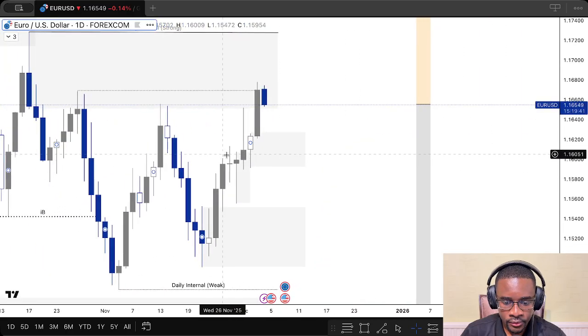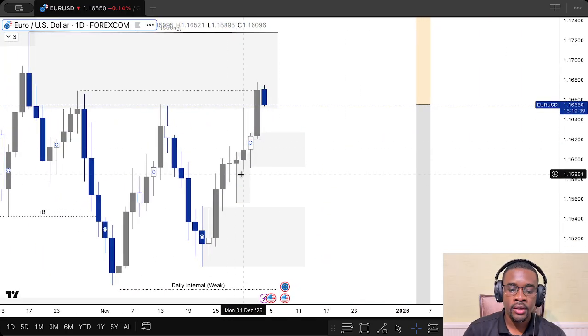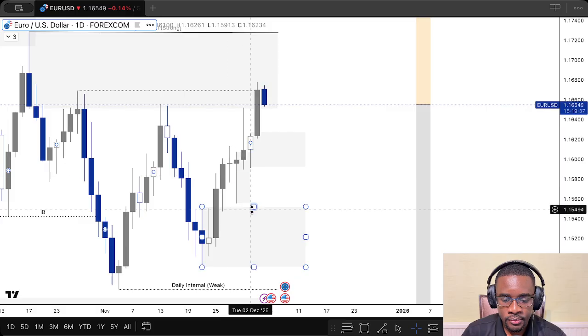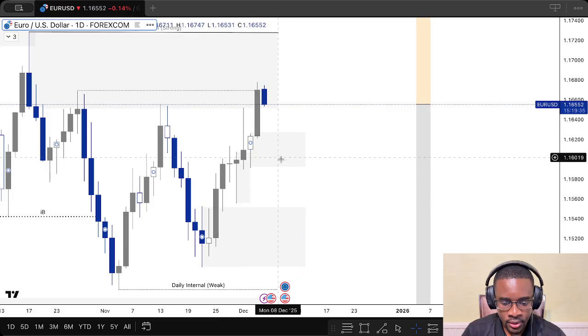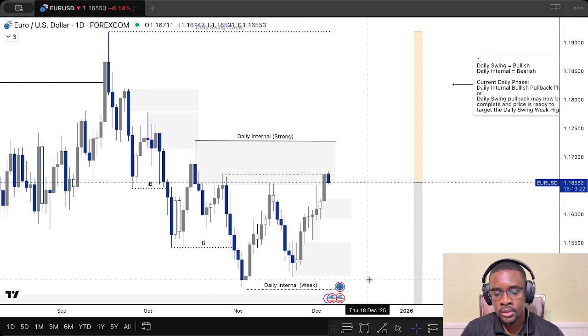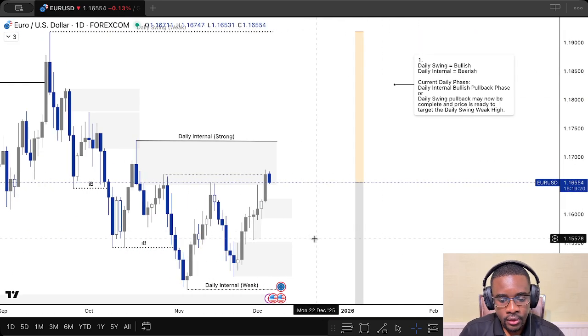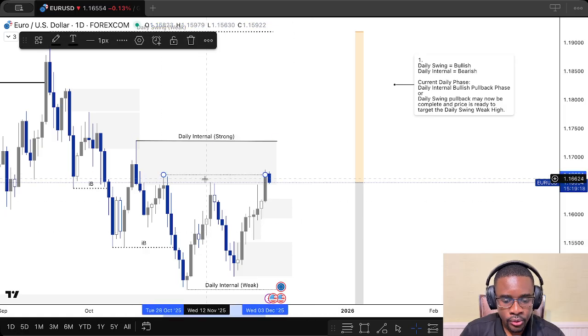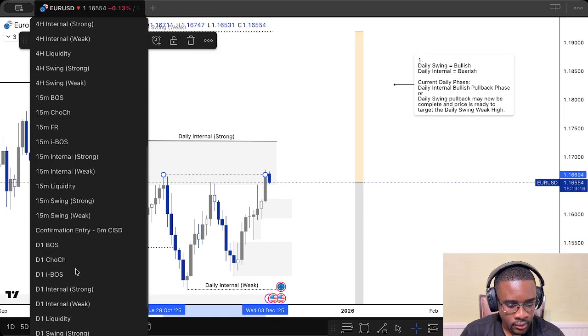Okay, we did break structure, we did break this fractal high, and then price mitigated. So this is mitigated, so this is the only fresh unmitigated POI. This one was mitigated on departure, and this one we could say is still fresh, still unmitigated. Okay, so on the daily, we could look at this as a sweep of the highs,